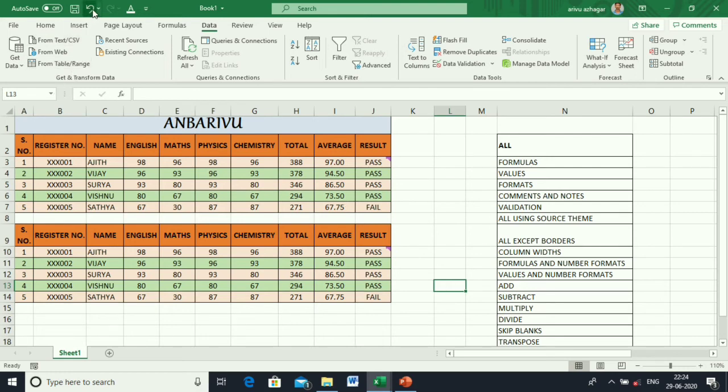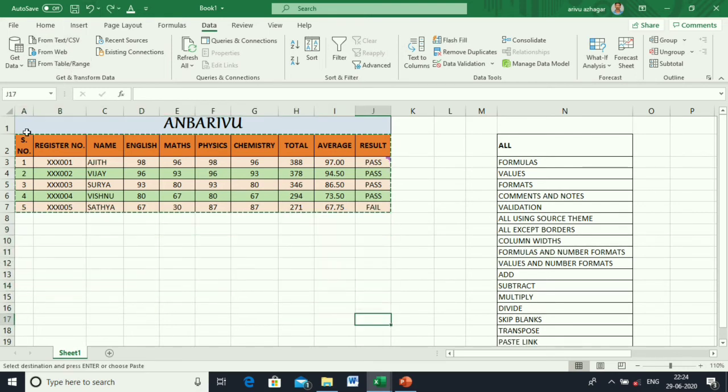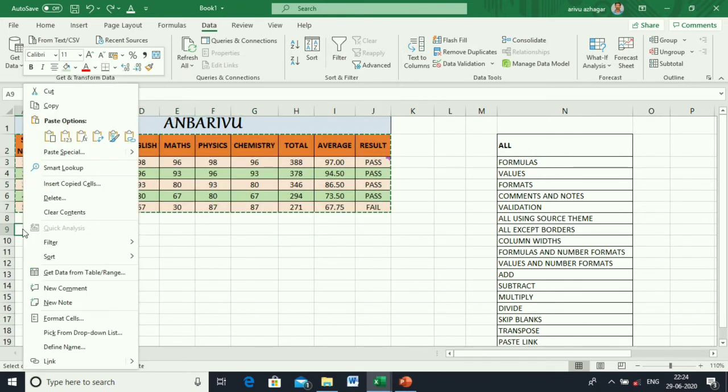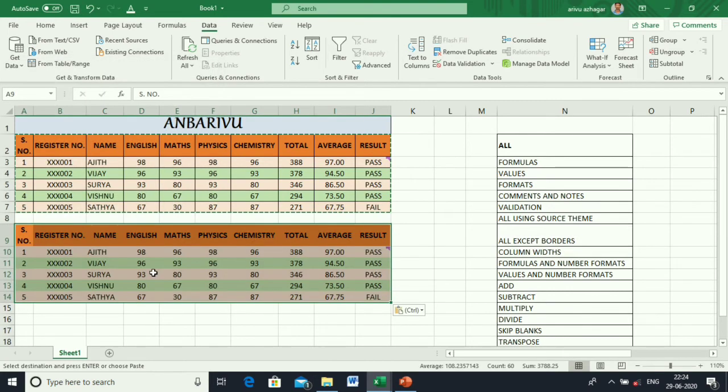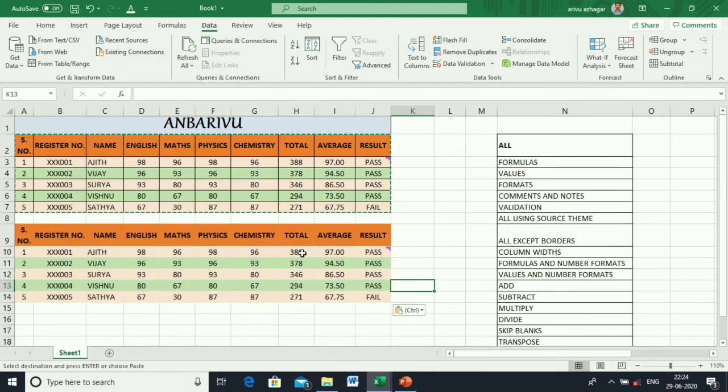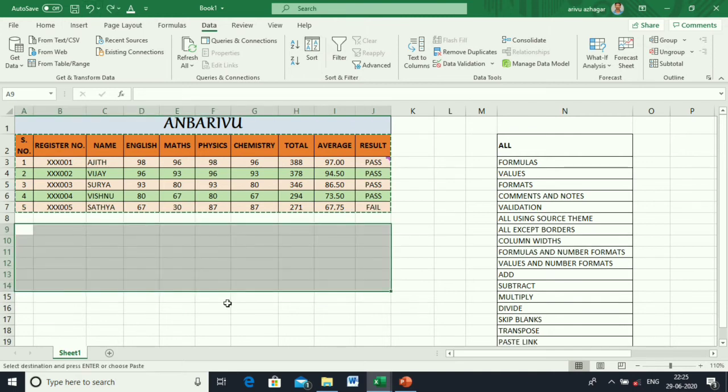Next, all except borders. Copy the table, go to Paste Special, select all except borders. Here everything will be copied except borders.